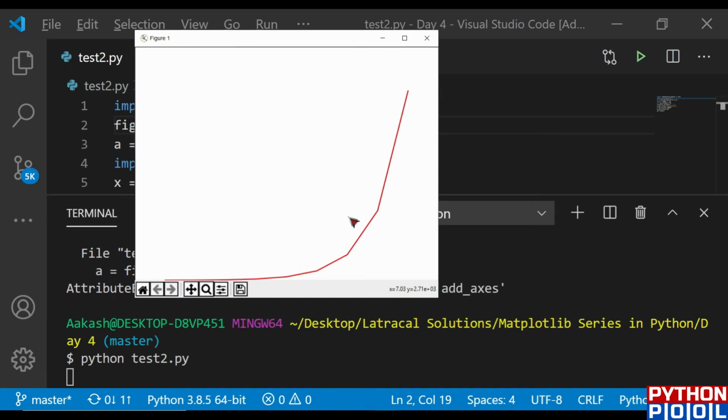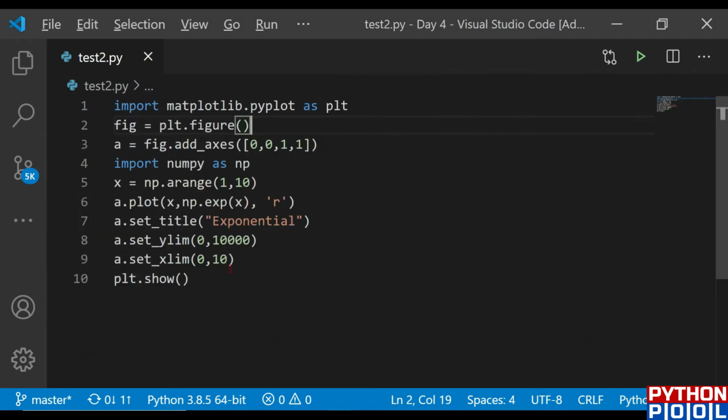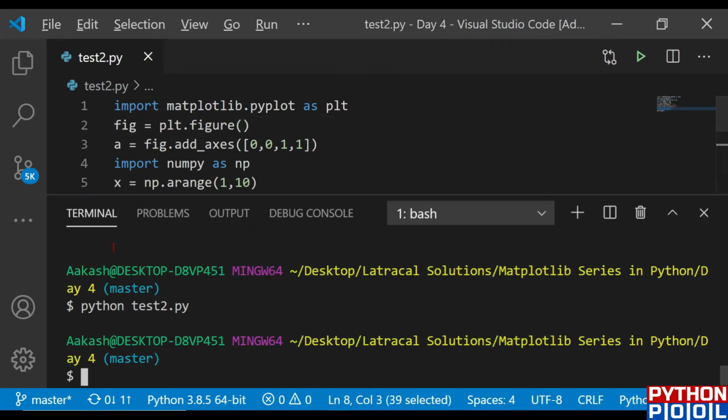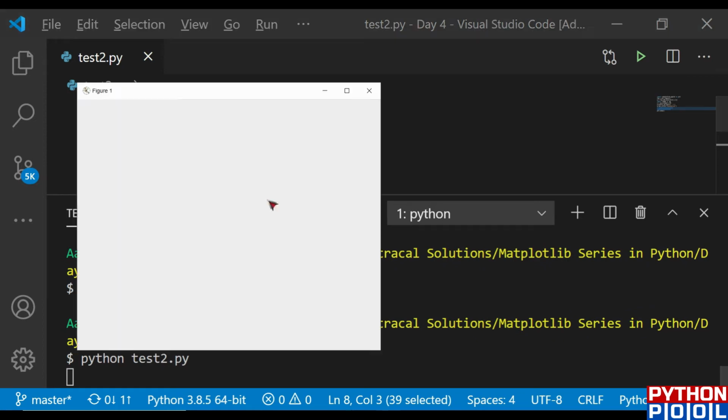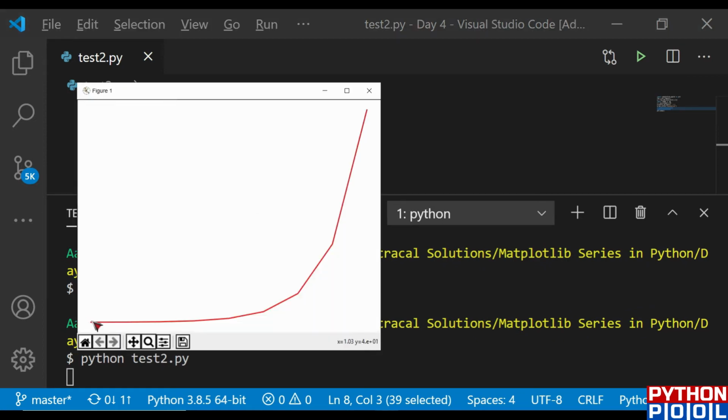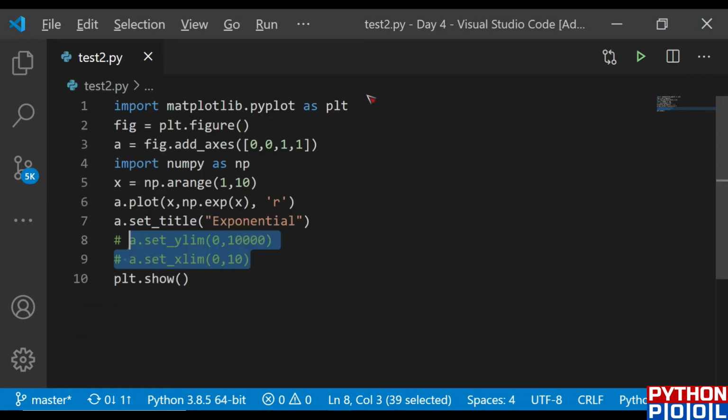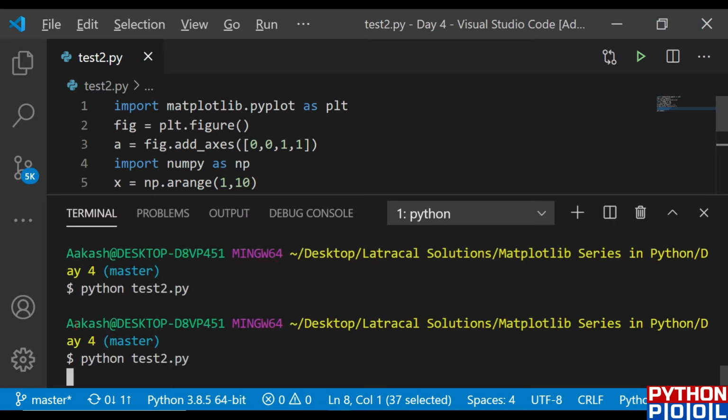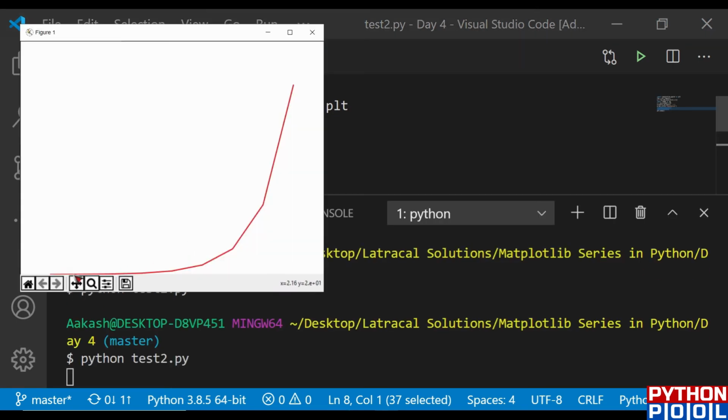I don't know where the error lies, but if I move these two lines, you could see our graph looks different. It has some padding from the bottom, but once I have these two lines back in the program, it is starting right from the bottom. So we defined the limits. I don't know why the axis is not being shown, but if you try, it would be perfectly shown in your system. No problem with that.